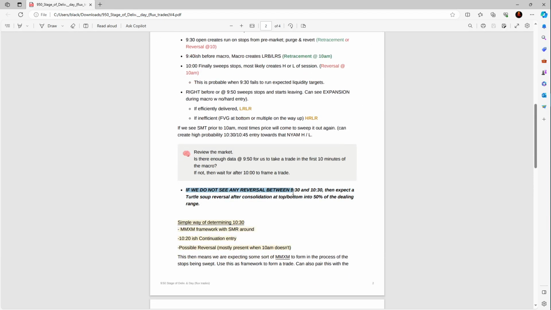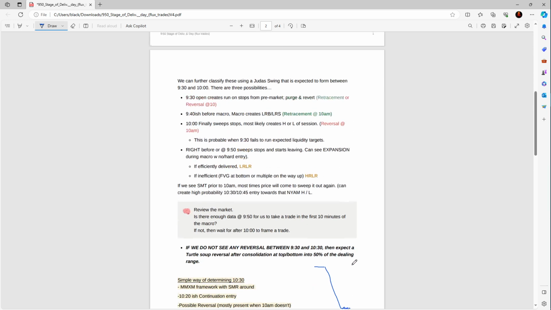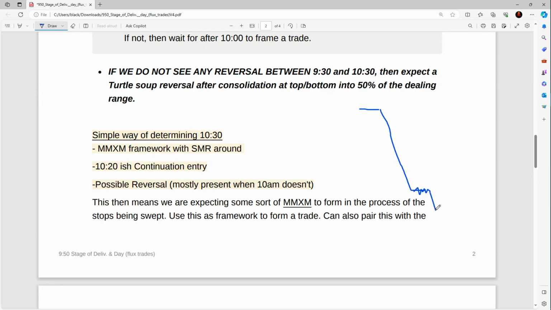If we don't see any reversal between 9:30 and 10:30, then you expect that turtle soup right around 10:40, 10:45-ish. Sometimes you get that turtle soup back into 50% of the daily range. If you see something like this where 9:30 opens, we displace all the way, we don't get any run on stops, and then right around 10:30 here, we start to consolidate back and forth. A lot of times what you'll see is a sweep of stops and then returns into 50% of this daily range. Okay, now that also applies for